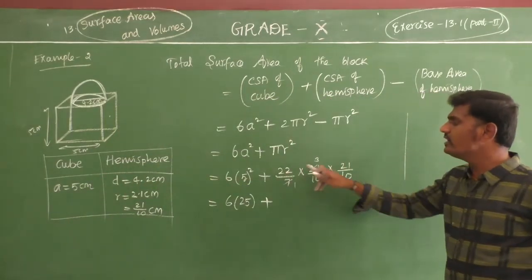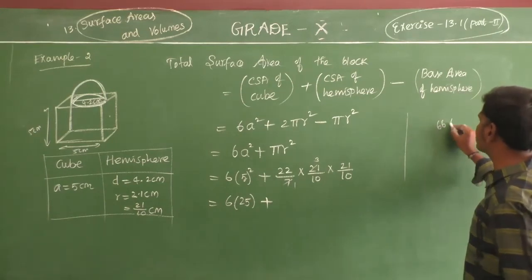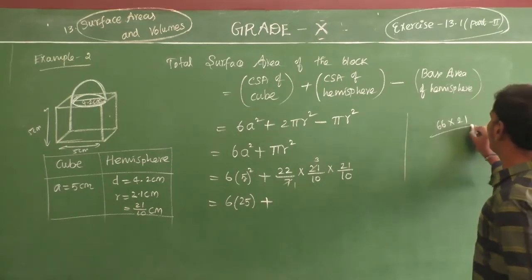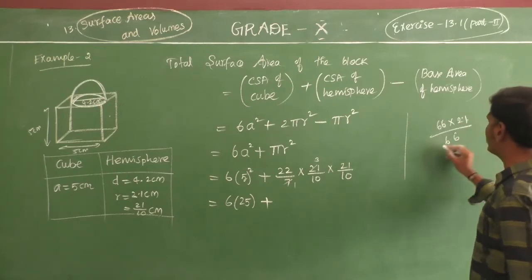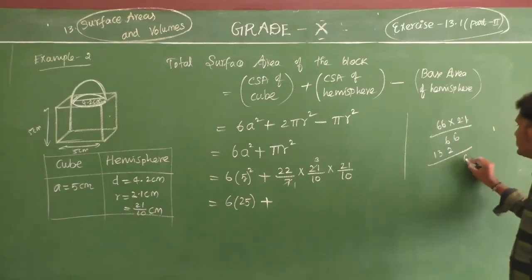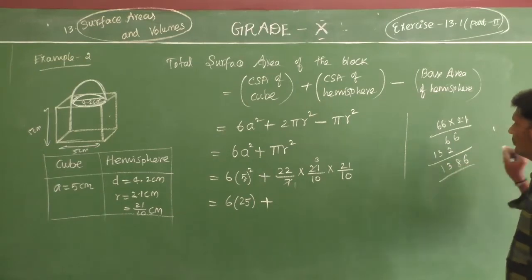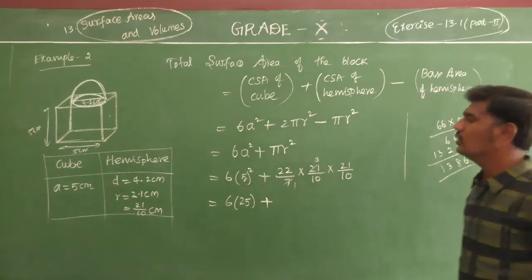See, 22 into 3 is 66 into 21. So for that, 1 6 is 6, 1 6 is 6, 6 2s are 12, remaining 1 6 2s are 12, 30. So 6, 8, 3. Okay? Now,